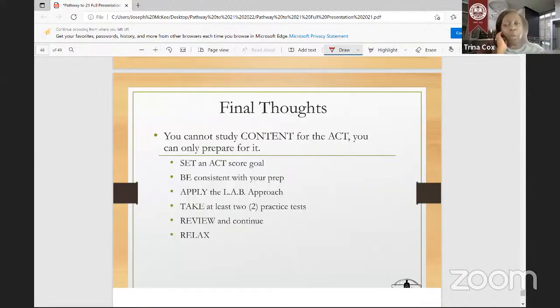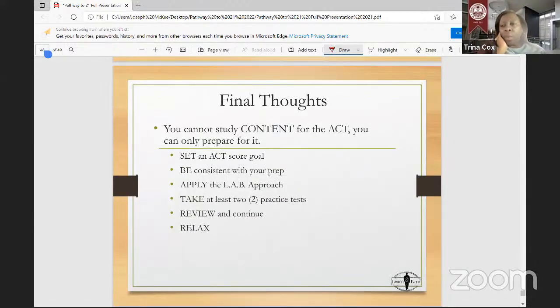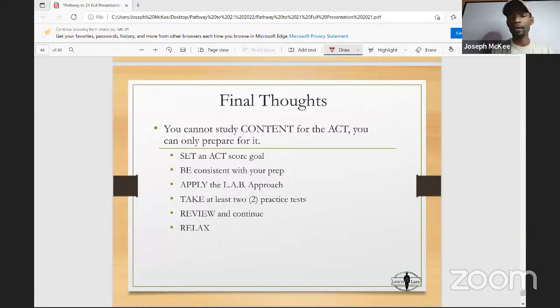Mr. McKee, we have one question. Someone wants to know if the first book for math, can you purchase it online? Yes, you can get it. I got it through Amazon. So you can get it through Amazon. Again, it's the ACT math workout. And again, the thing that I like about it,